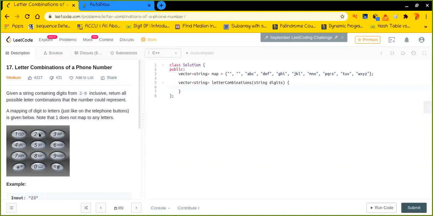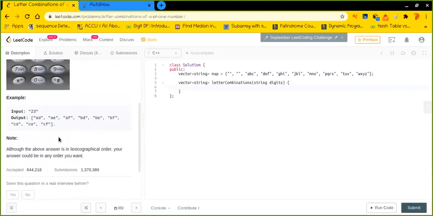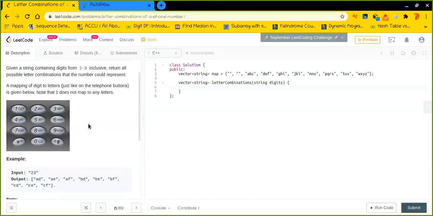If I press 2 once and 3 twice, it will give me AE. If I press 2 once and 3 thrice, it will give me AF, and so on and so forth. So it will give me these many results: AD, AE, AF, and so on. I hope the question is pretty much clear, what we have to do here.